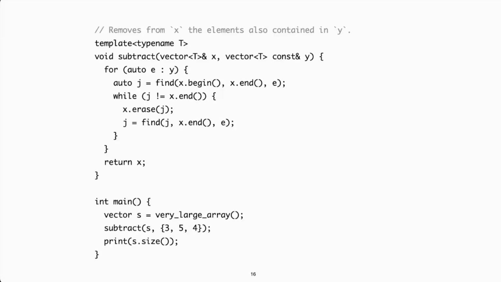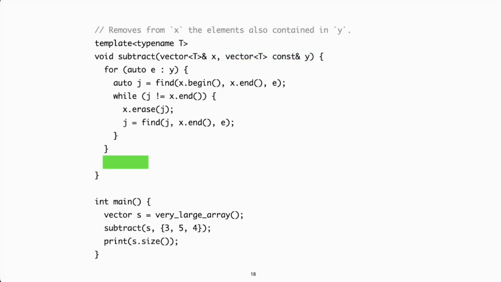And so you follow his advice and you take X as a mutable reference so that you can mutate it in place without causing a copy when you call the function. And you take Y as an immutable reference because, well, you won't modify it. Also, you no longer need to return any value because now you just mutate the first parameter, so you can get rid of this return statement.